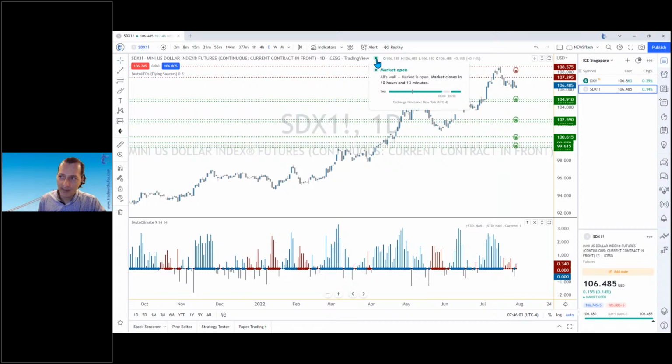If it's not green, if it's yellow, you would just click on it, and you would enable real-time market data. With many other exchanges, you will need to pay a fee to get real-time market data, but not with the ICE Singapore exchange. So you just need to click here and activate. In my case, because I've done it already, it shows green. But if in your case it doesn't show, you just need to click and activate the real-time market data. So make sure you do that, okay?